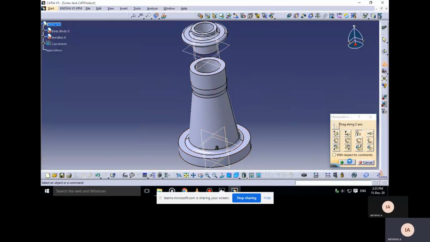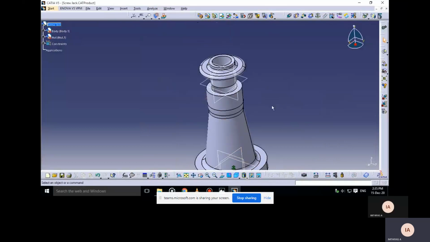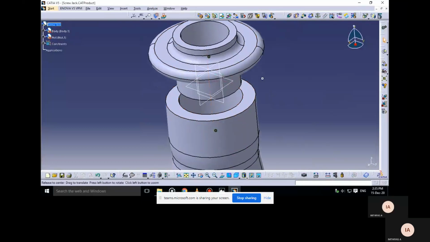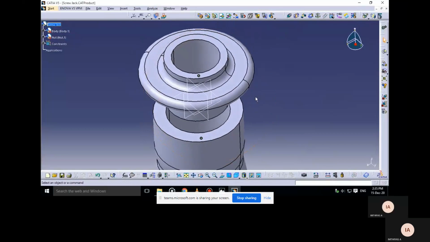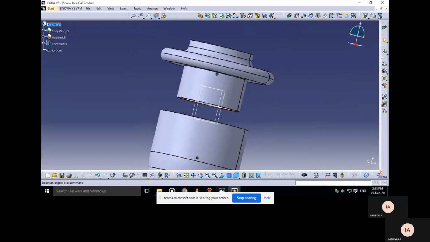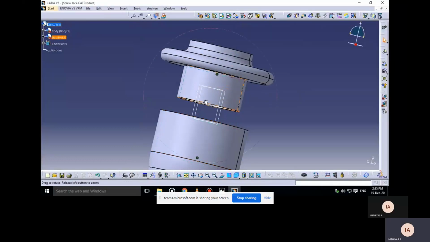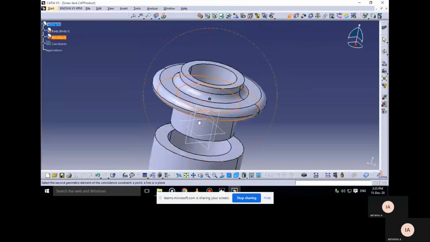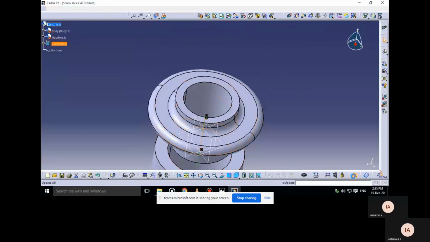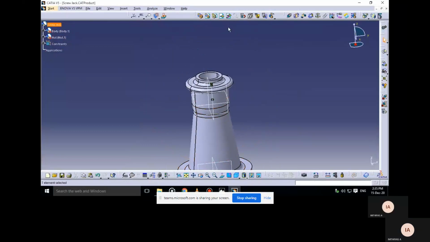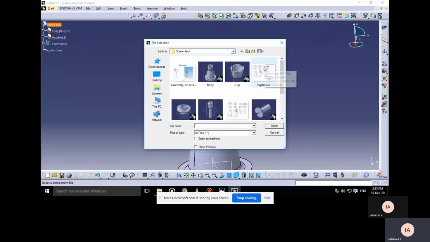By using the manipulation command, we can move any part with respect to its axis. So the part is going to be fitted, and then the third part